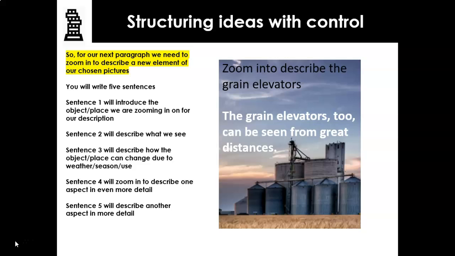So then for sentence 4 and 5, what elements of those machines are you going to zoom in on? You might decide to zoom in to describe the 5 cylinders at the front in more detail and then the tower at the back. Now, again, I don't really know anything about grain elevators. Shock horror. I'm going to use my imagination. So maybe, in the tower behind, there's a stack. It's like a giant chimney, maybe, that one in the background there. So in the rectangular kind of looking part of the grain elevator.